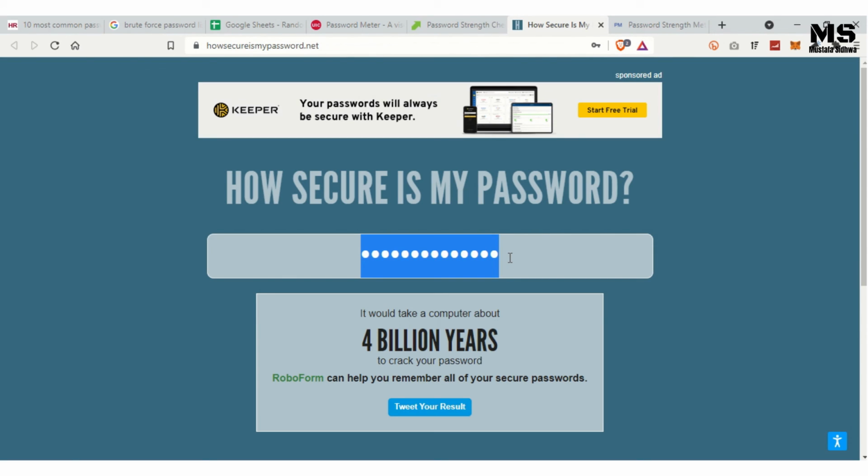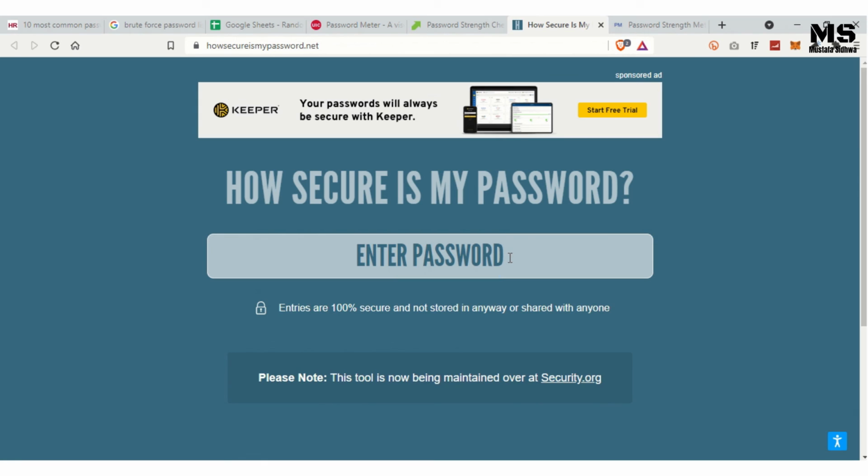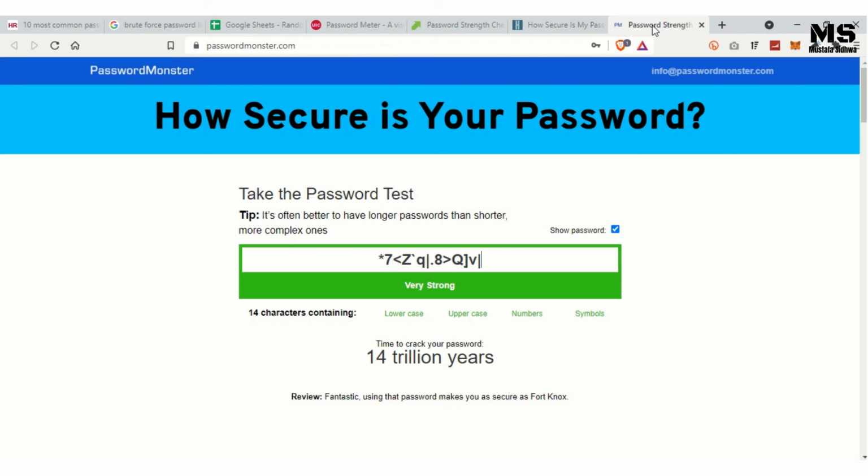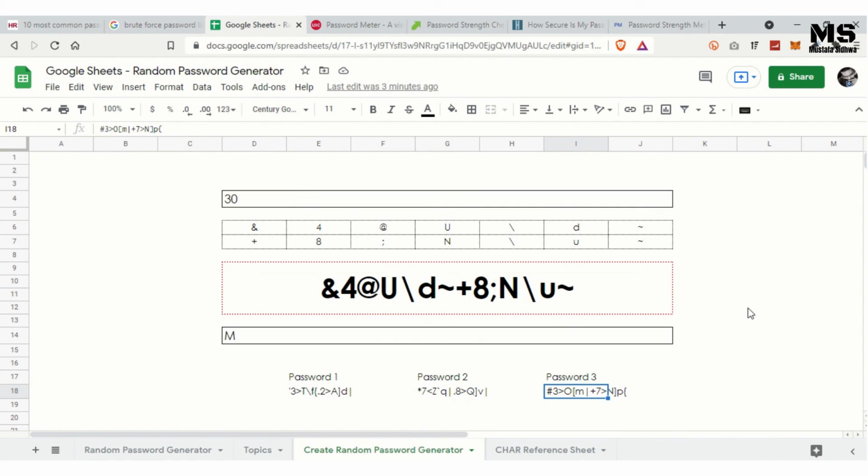Hope this gives us a different result. 4 billion years as well over here. And let's see what it says over here. Here it says 309 billion years. So this is how we create randomly generated passwords in Google Sheets to keep ourselves safe in the online space.